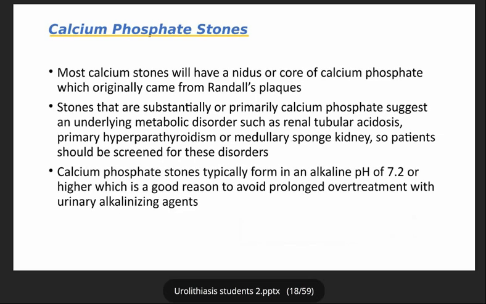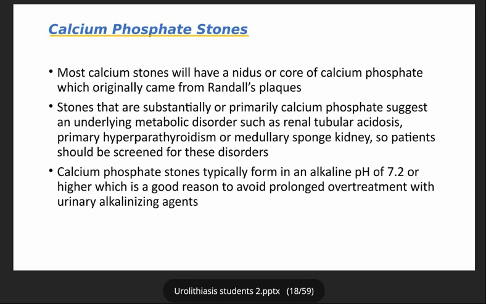The other type is calcium phosphate stone. And as I mentioned earlier, calcium phosphate is the Randall's plaque or the origin or the nidus of any stone, especially calcium oxalate stone. And usually it results from renal tubular acidosis, the one we mentioned before, primary hyperparathyroidism, medullary sponge kidney. All these diseases can predispose the patient to calcium phosphate stone. And usually it forms in alkaline pH. So if the pH in the urine is more than 7.2,